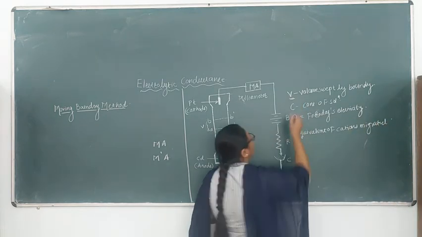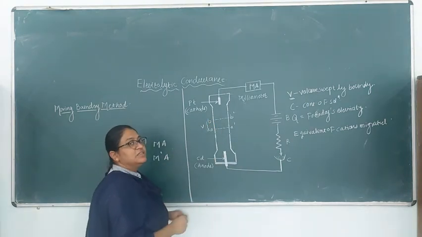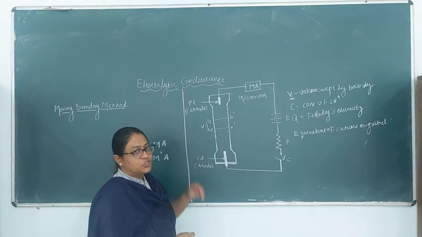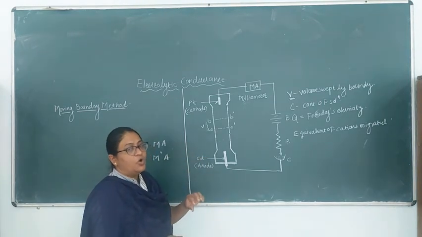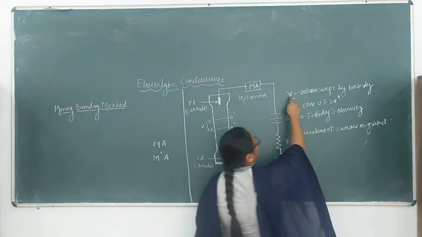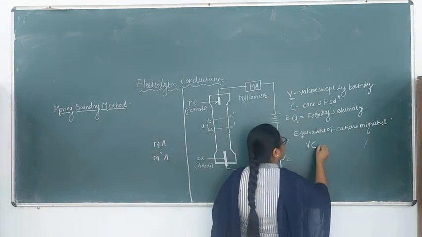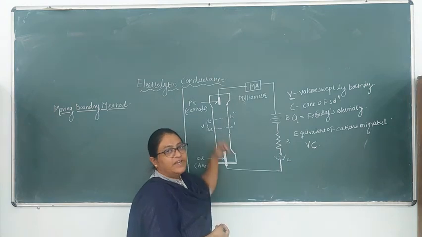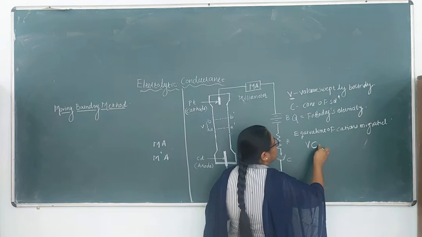Now we can measure V. This can be measured. This is the volume which is lifted up due to the migration of the cations. Therefore, the concentration of the solution that has migrated can be calculated by volume into this concentration. This is the total concentration that has lifted up. Now, this is just the concentration.